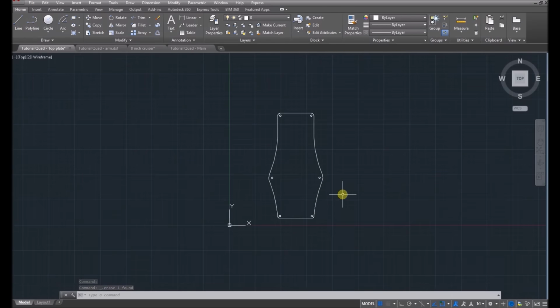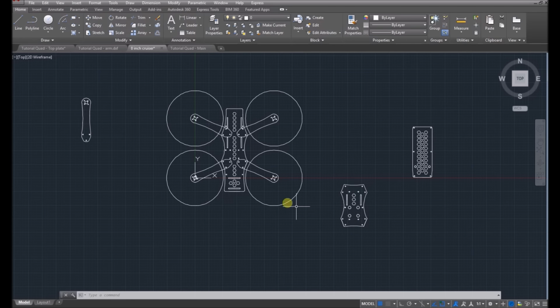Now we're going to want to have a battery. We're going to want to have a hole for our SMA for our VTX. So in this quad that I've already designed, I've actually just put all the elements in the same drawing, and I'm going to move them out to different drawings later. So for this one,